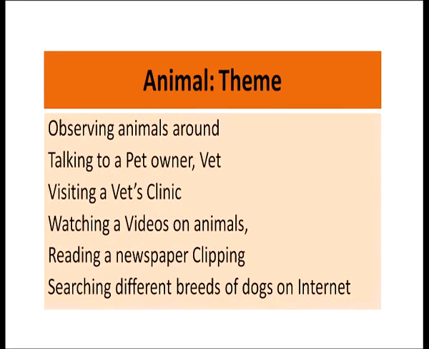After technology, let us see what kind of different resources we have used. I am taking here an example of an animal theme, and I have listed some activities. For the animal theme, children were asked to observe animals around them and record their observations. So what kind of resource is this? Yes, it is a natural resource, they are observing it. Then talking to a pet owner or a vet doctor. So this becomes a community resource. Doctor and pet owner are part of the community.